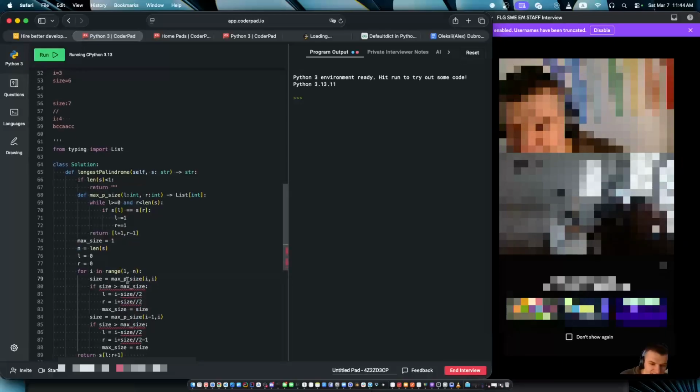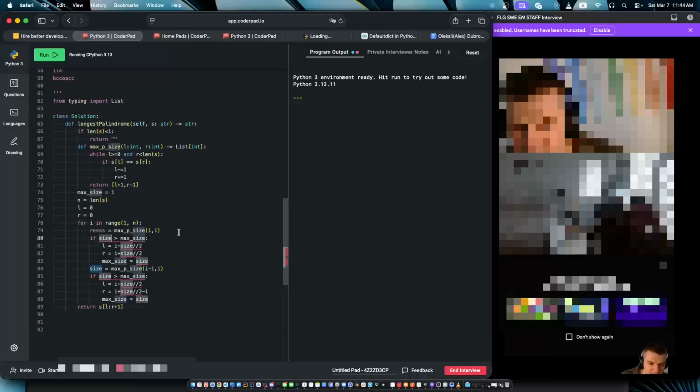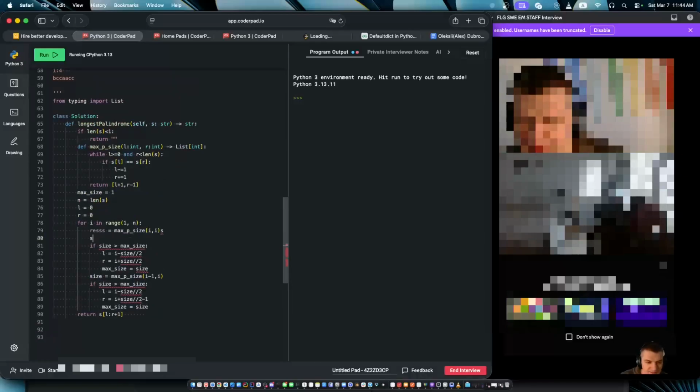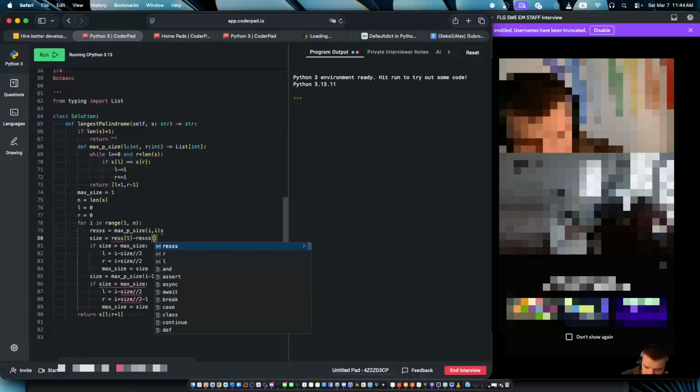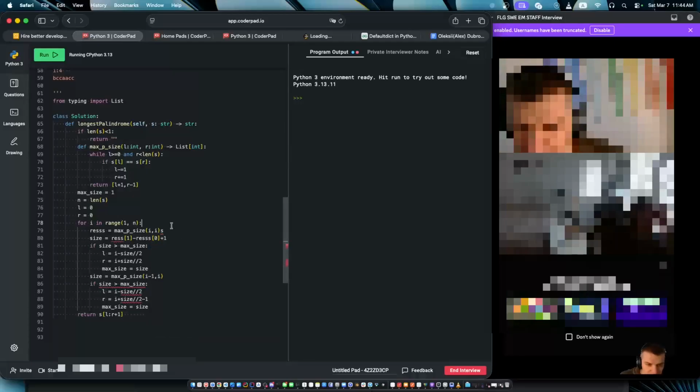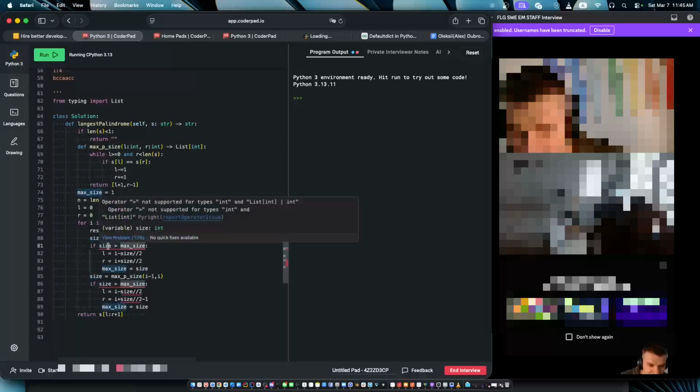And then here size is going to be res, size equal res 1 minus res 0 plus 1, and if size is greater than max size,